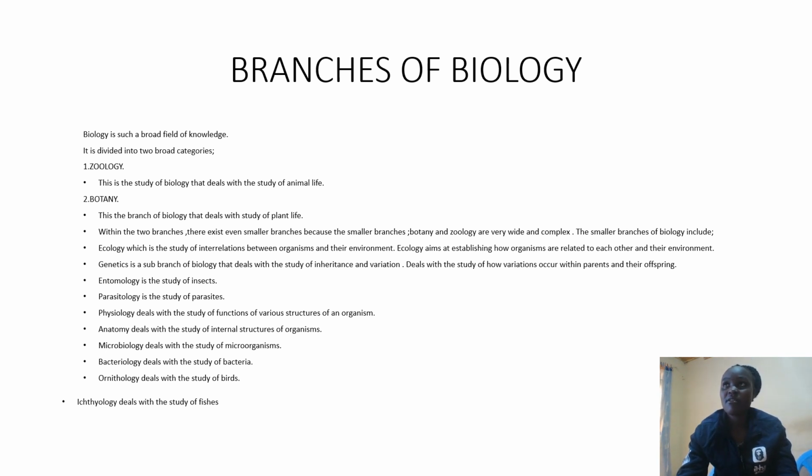For example, if the parents can be short or tall, the genes can be inherited by the offspring, whereby you'll find the offspring will inherit the height of the parents. Then also the skin color. The skin color of parents also determines the skin color of the offspring, whereby dark skin offspring also will become dark skin, and light skin the same to the offspring.